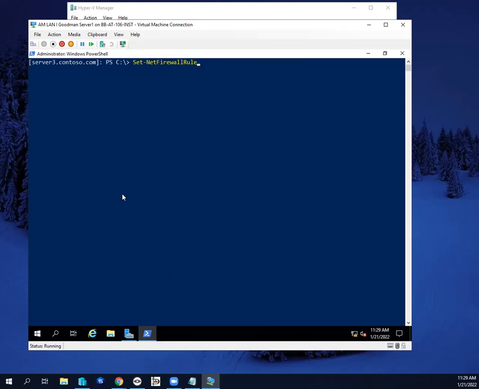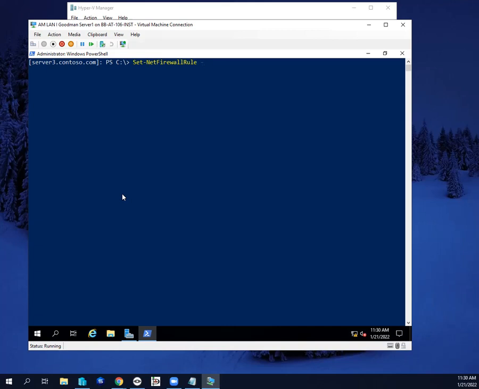I could use the help command inside of here and try to read it, but I typically prefer looking at it in a web page form instead of on the screen. It's easier for me to scroll up and down, highlight text, and put it in Microsoft Word or Notepad, fix it the way I need it to run, and paste the command in here. But I know a lot of these commands, so Set-NetFirewallRule